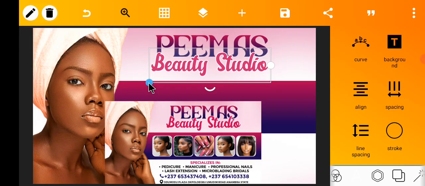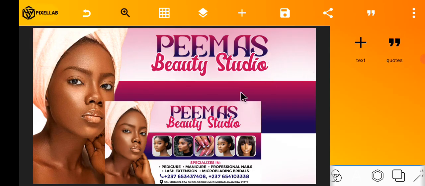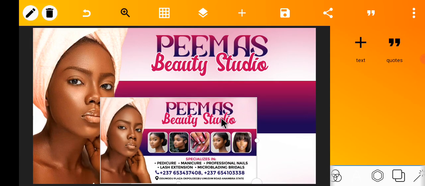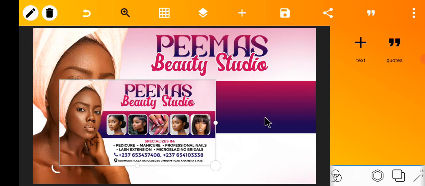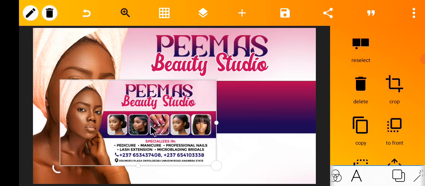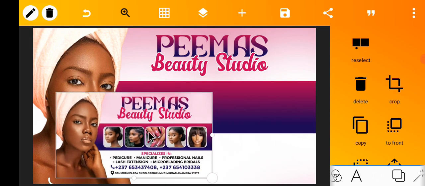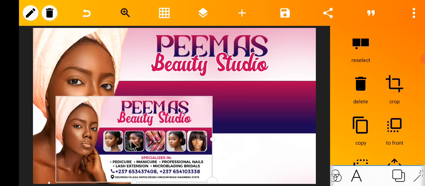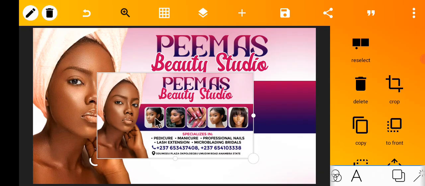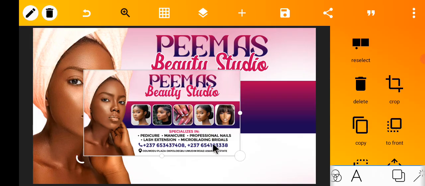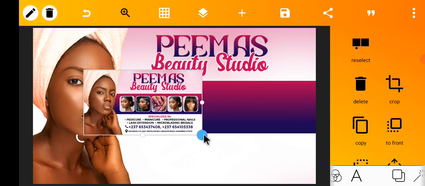Perfect. So we are progressing. So after doing that, let's see how you can create these various shapes. On this banner design, I use 1 2 3 4 5 shapes, and the shapes are unique. So before we create all these shapes, let's first of all type